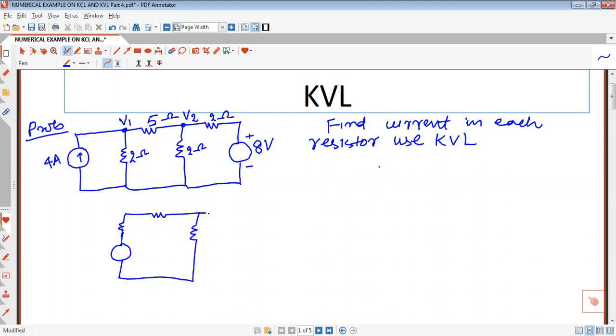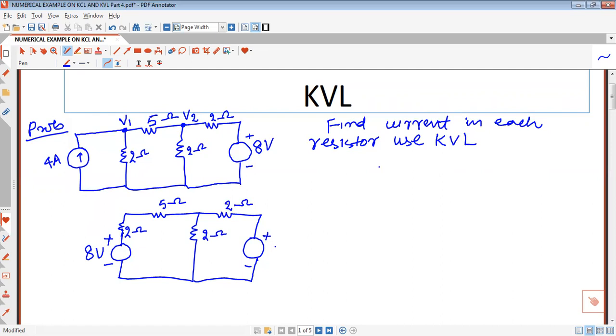It is like this. It is converted now into this current 2 multiplied by 4, so it will be 8 volt here. Positive will be upside because the arrow is upside. And this 2 ohm resistance will come in series, and this 5 ohm, and this is our 2 ohm resistance, and this is also 2.